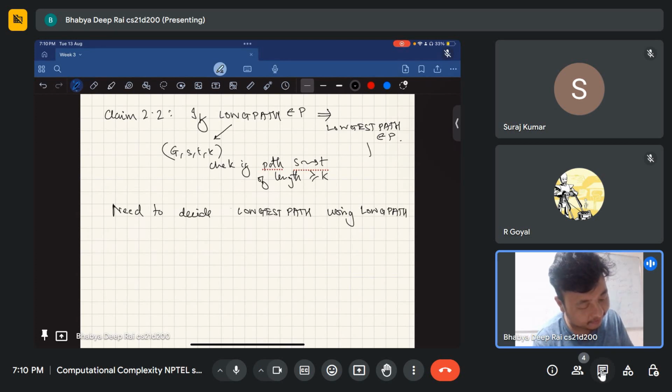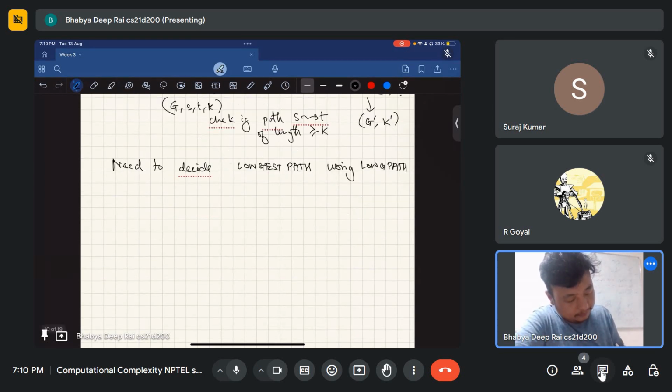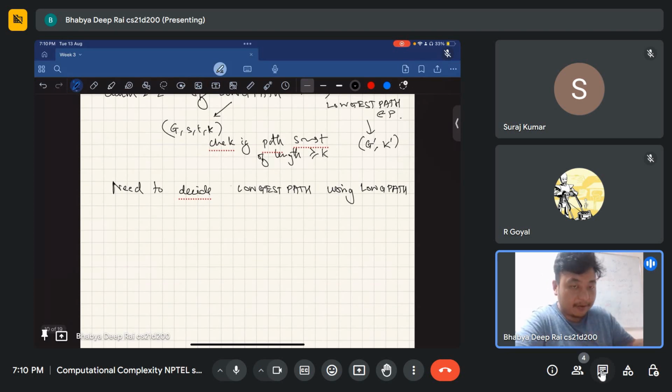And let's say the longest path has parameters G prime and k prime. What we simply do is, we have to find the longest path, go over all k in 1 to n minus 1,